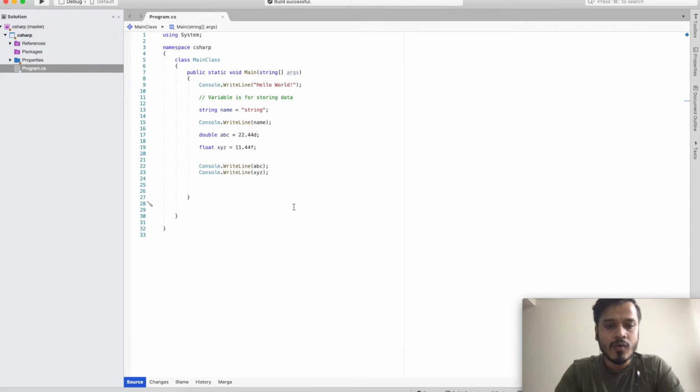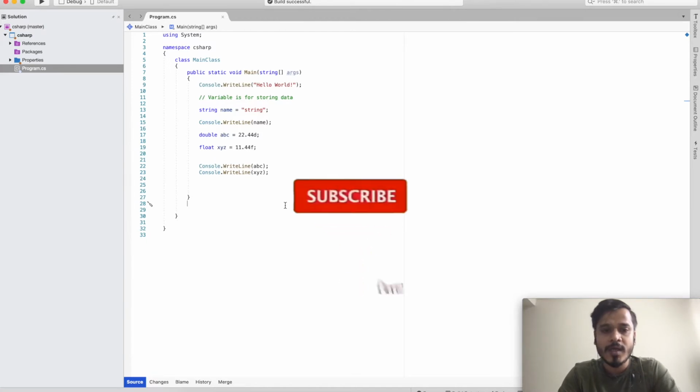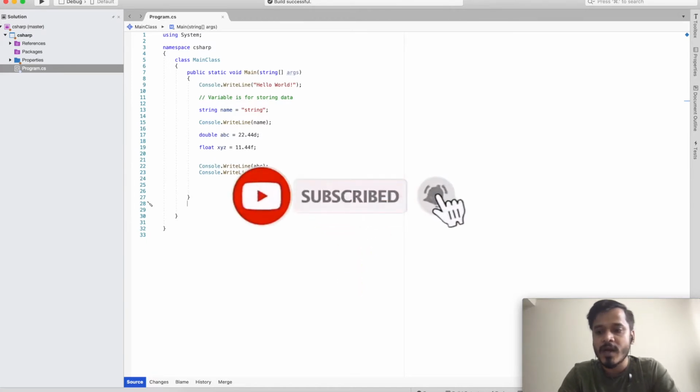Now we are going to create a method. Say for example, I want to increment any value, or maybe I want to write any piece of functionality which I want to utilize again and again. In that case, I cannot just keep on writing the same piece of code again and again. It will cause code redundancy and code duplication. So in order to avoid that, I will write some method and function which I will be calling